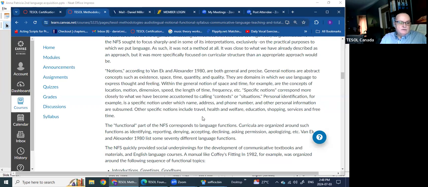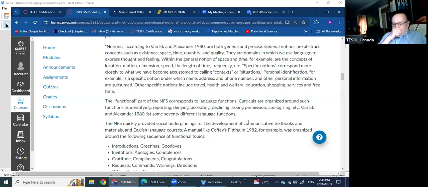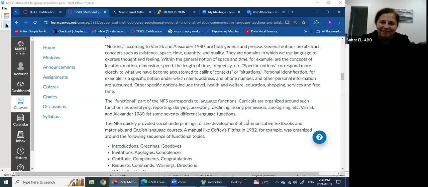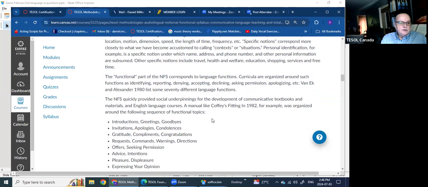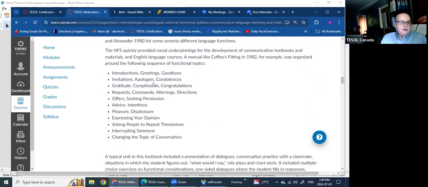The functional part of the notional functional syllabus corresponds to language functions. Curricula are organized around such functions as identifying, reporting, denying, accepting, declining, asking permission, apologizing, etc. Van Eck and Alexander in 1980 list some 70 different language functions. We're certainly not going to go through all 70 of them, but these are a few of the main categories: introductions, greetings and goodbyes, invitations, apologies and condolences, gratitude, compliments, congratulations, requests, commands, warnings, directions, others, seeking permissions, etc., etc. And I'll let you read the rest of the list on the